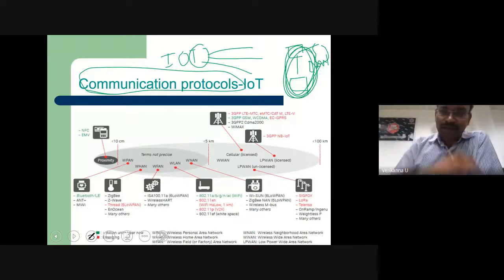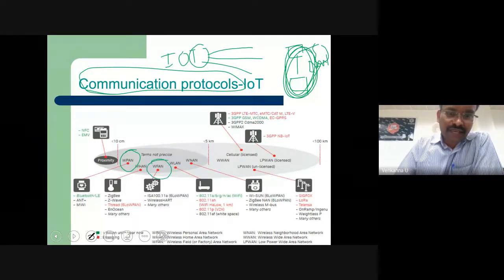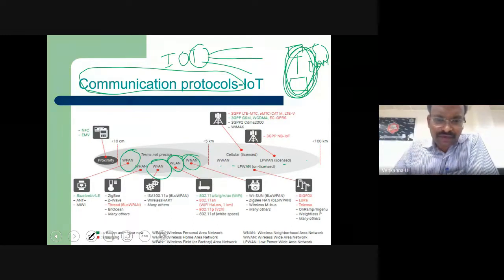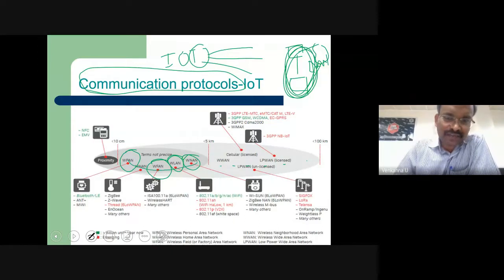Similarly, when you want to make IoT nodes into a network, there are various network types. You can see wireless personal area network, wireless FAN, WLAN, NAN, and so on. Various networks are available. What is a WHAN? It means wireless home area network, and a little further is called factory area network. What is the basic difference among all these networks?